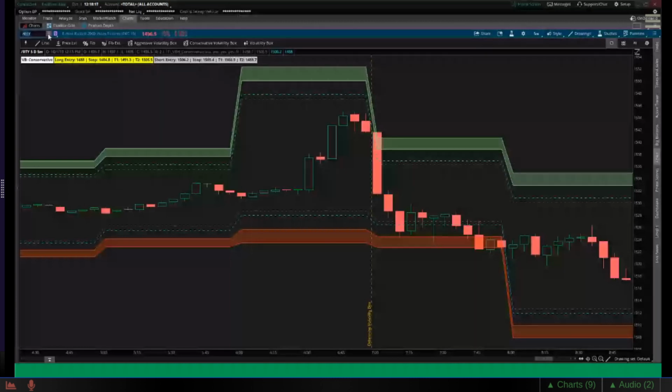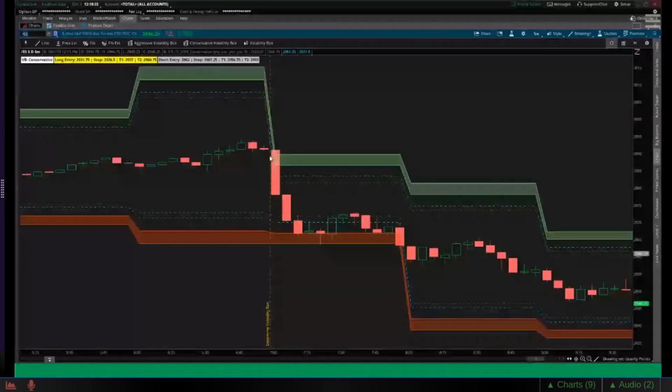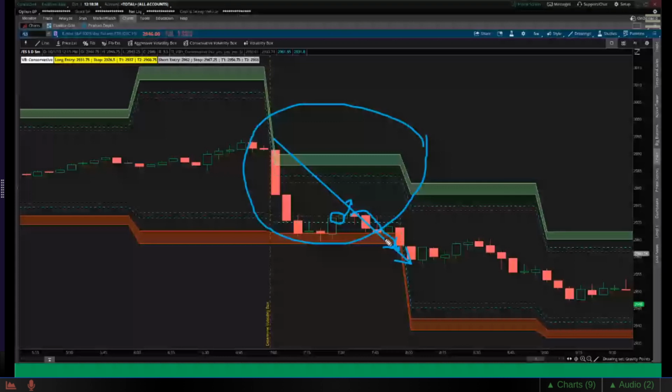And so, Cobalt, you asked about S&P. So I'll tell you exactly what this told us. So yes, we broke through our conservative volatility box. This now tells us that we're in 3 standard deviation plus territory. What should happen did not happen in the sense of we did not get this bounce up. And so we actually did end up falling down further. And this is then our sign that, okay, price is trending very heavily in one direction